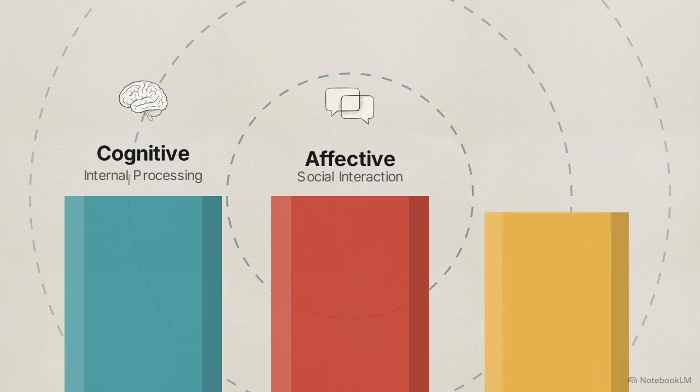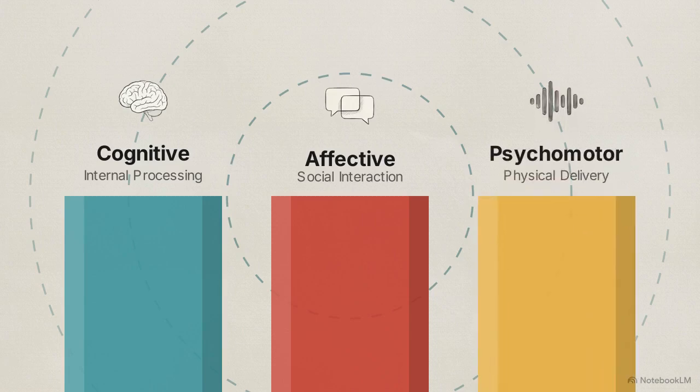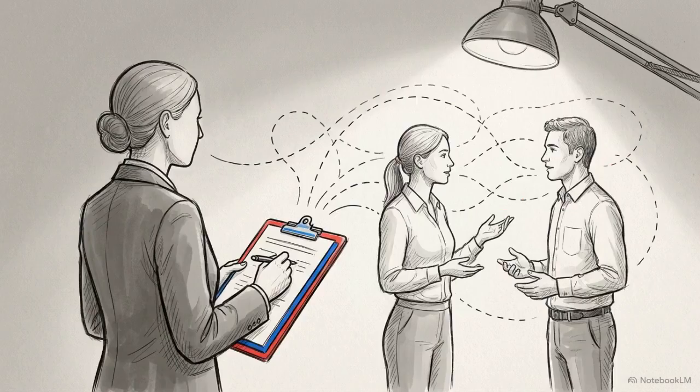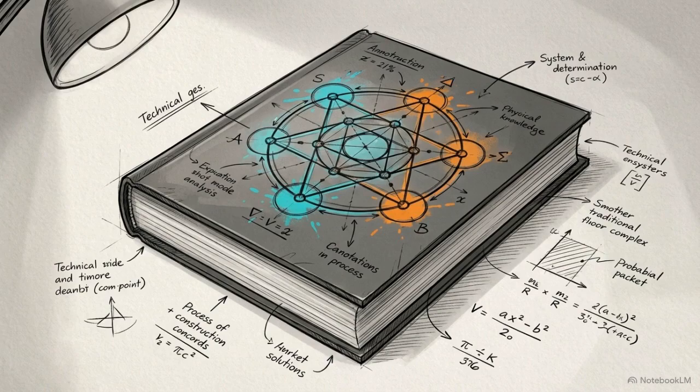Finally, we have the psychomotor domain. This focuses on the physical delivery, fluency, and articulation of their speech. Effective communication requires all three. To grade an assessment properly, we have to measure their physical execution and their emotional interaction, not just their memorization of grammar rules. Step 3 aligns those three learning domains with a formal theory, specifically the Communicative Language Ability Framework,